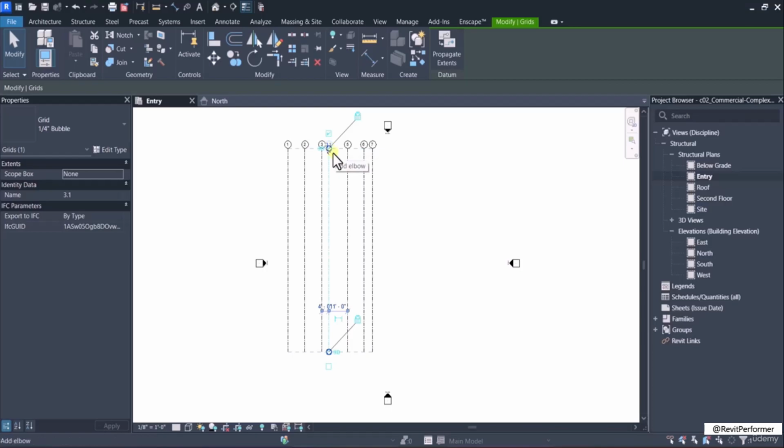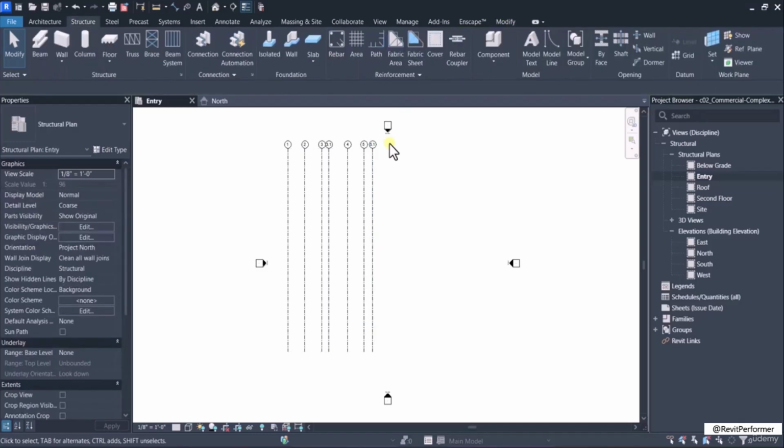Then, without exiting the editing mode, select the next grid marked 5 and then move the cursor over its grid bubble and click to display the edit box. Then enter 4 in the edit box and press enter. See, here the selected grid line is renamed. Then repeat steps to rename the grid lines marked 6 and 7 to 5 and 5.1 respectively. After renaming all required vertical grids displayed in the drawing area, press escape to exit the editing mode.